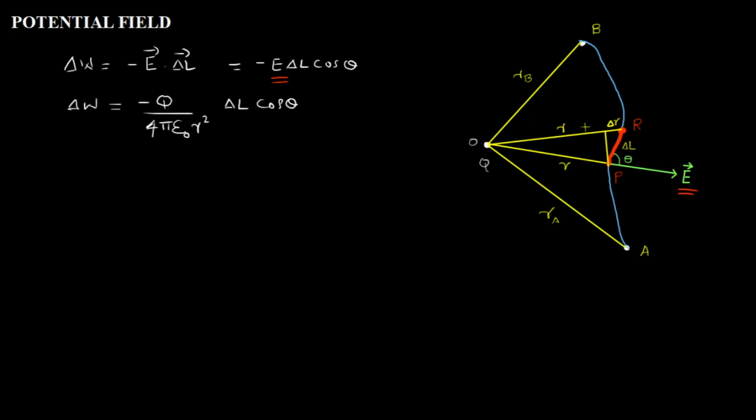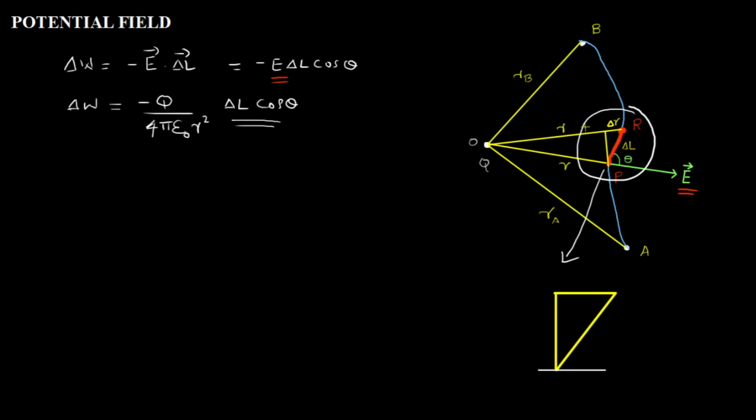So what I am going to do is, to find delta L cos theta, I am considering this portion of the figure, this triangle. So I will zoom this triangle, I will redraw that triangle. The triangle can be redrawn, approximated like this. This is not exactly a straight line, because it is some arbitrary path, but it's a very small distance delta L, so I can approximate it as a straight line. So I approximated this delta L as a straight line. This is anyway a perpendicular drawn. This is anyway a straight line measured from O to R. So these two portions are straight lines, and this is assumed to be a straight line.